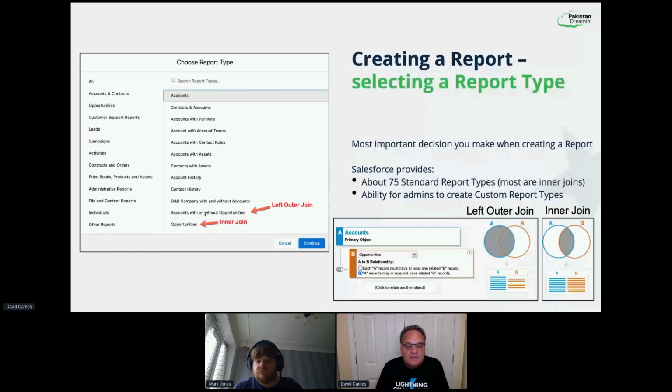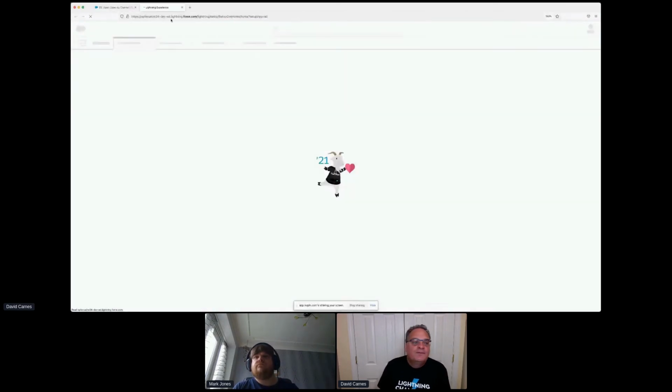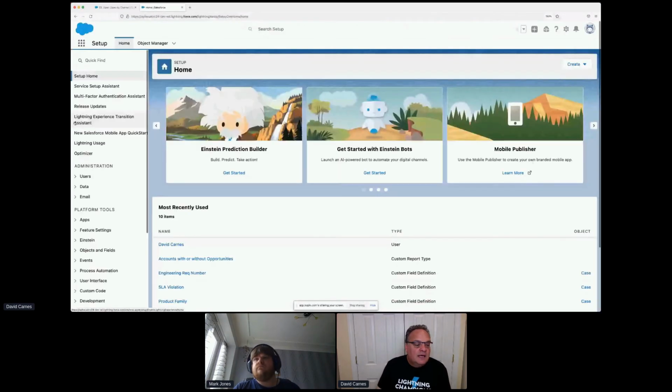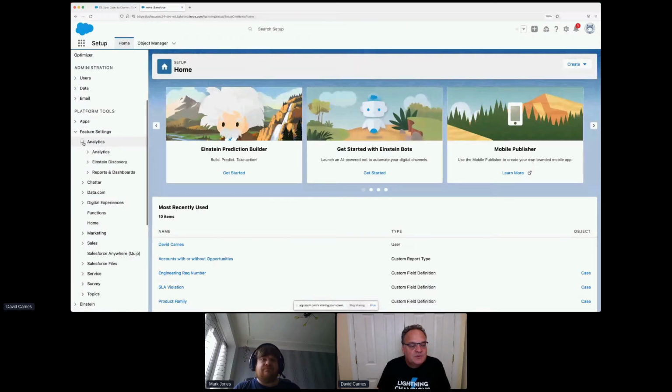The place where the report types are created is back under setup. So if we go under setup and we go under feature settings, analytics, reports and dashboards, report types,